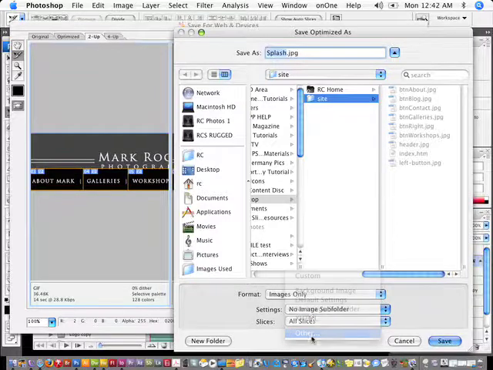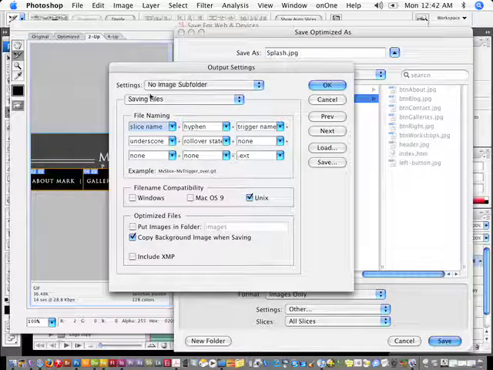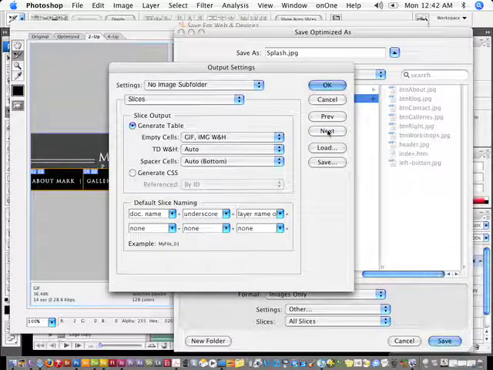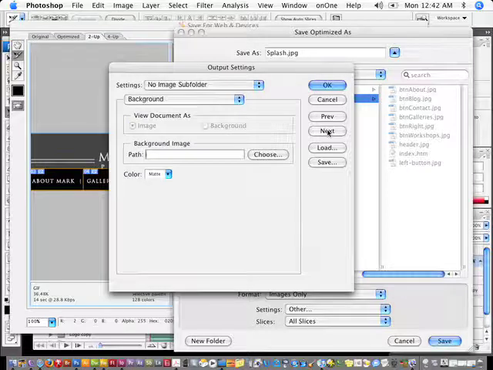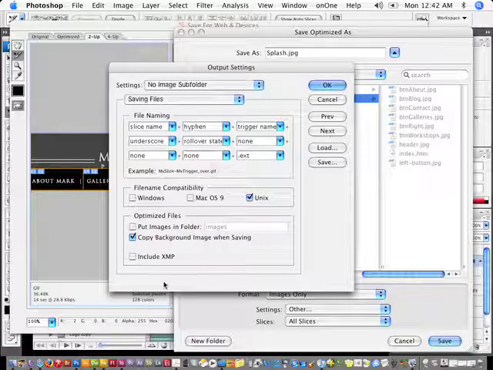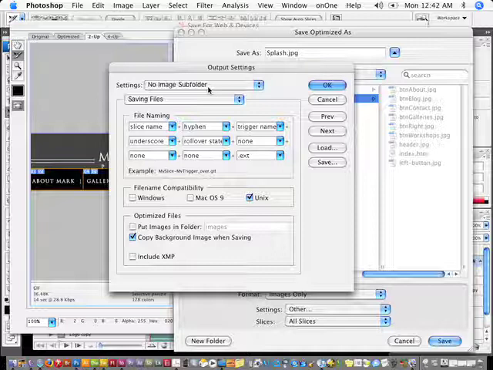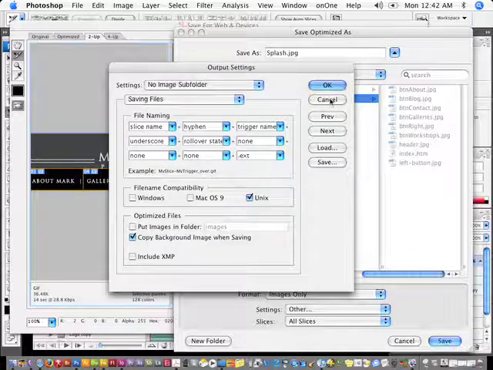and under the settings, let's say, click on Next here. The section that I'm looking for is going to say, alright, well, I want to save this in the images folder. I don't want to create another images folder, so I'm going to leave that unchecked. I set up a preset here called No Image Subfolder. But you can pretty much do this by just going into the custom settings and unchecking this.